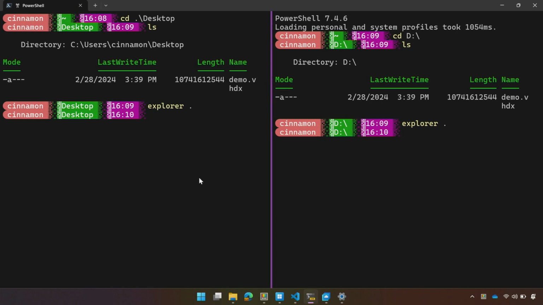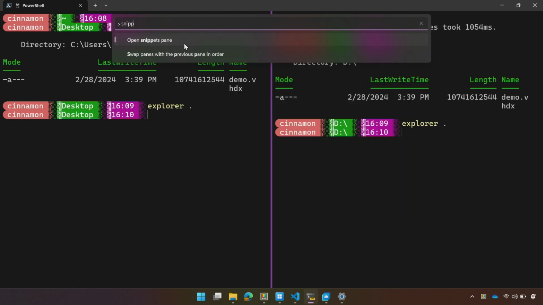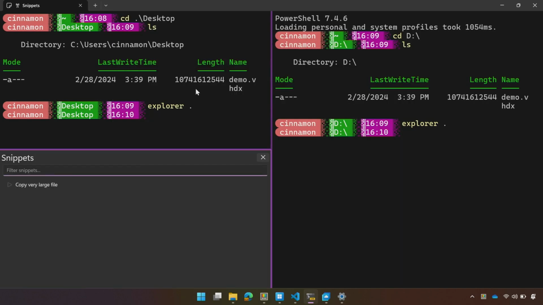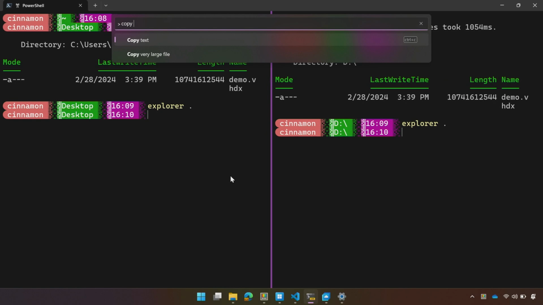That's right. Got it. So the snippet that I have, I like accessing my snippets, so we can open the snippets pane this way, and it's going to do a split pane here on the bottom. For demo purposes, I'm just going to keep this closed and have it show up in the command palette. If you have been a user of Terminal for a long time and you have custom commands, the snippets architecture, the way that we built it, will just take those custom commands and make them snippets for you.